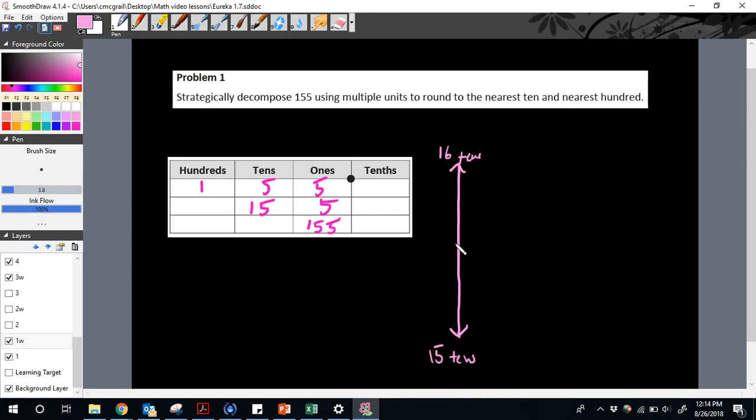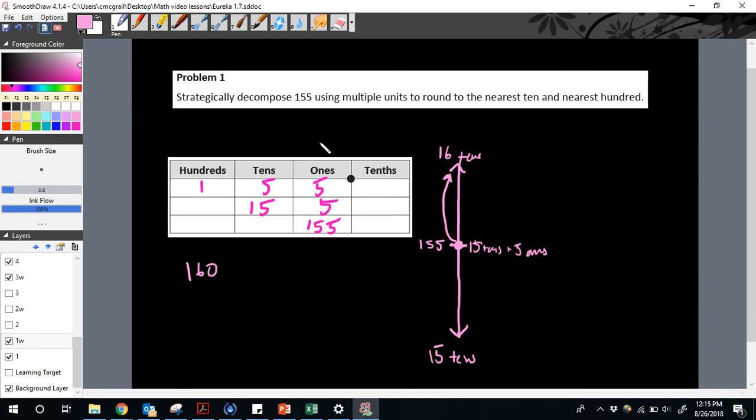My next step is to find the midpoint between those two spots. So I'm going to draw a line halfway. And I know that halfway between 15 tens and 16 tens is going to be 15 tens plus 5 ones, or 155. Now I look back at my original number, which was 155, and I'm going to place it on my number line. And I see that it's exactly the midpoint. So if my number is at the midpoint, I'm always going to round up. So to the nearest tens, 155 will round up to